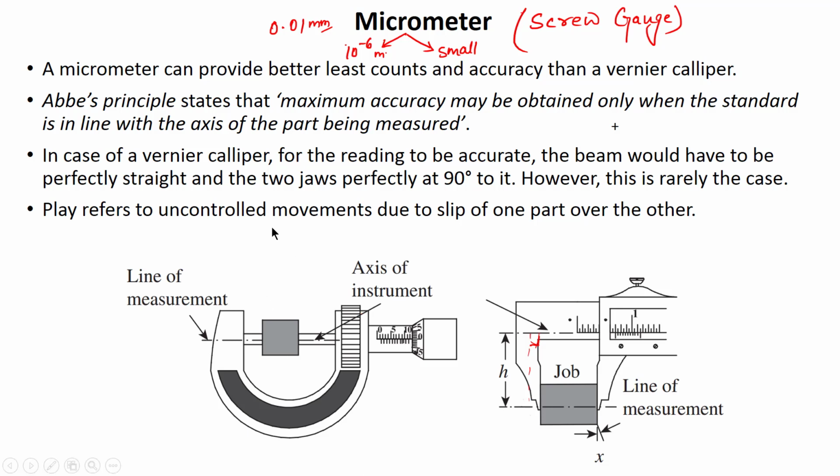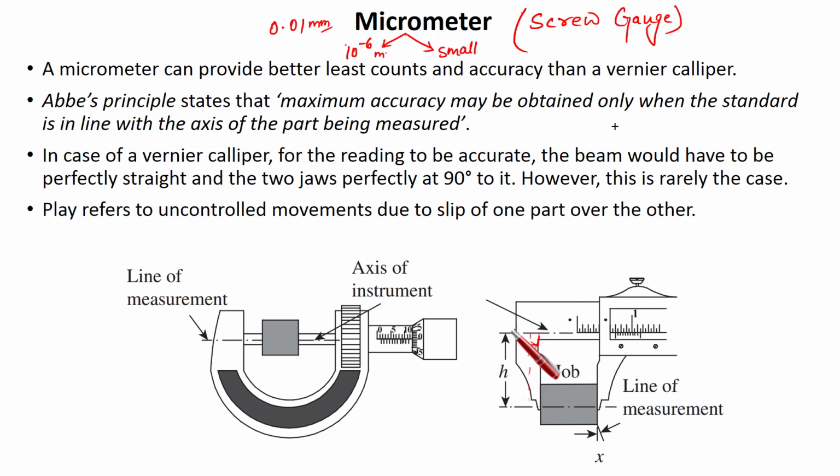So that happens in the case of a micrometer. A question may be asked: what is Abbe's principle? Two marks question. Explain it. Then you have to explain it through two examples, one micrometer and one vernier caliper. There you can explain that the line of measurement and the axis of the instrument are coinciding, so there will not be much error in the measurement. That means obviously error will be there, but the error will be less, so we can get maximum accuracy. But in the other case there will be more error while measuring because there is a shift between the axis of the instrument and the line of measurement.